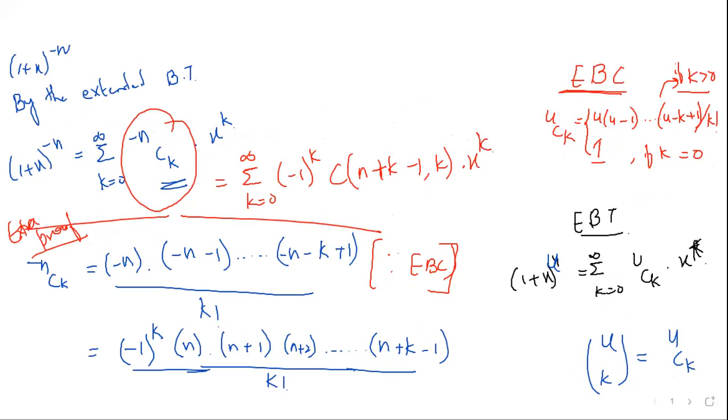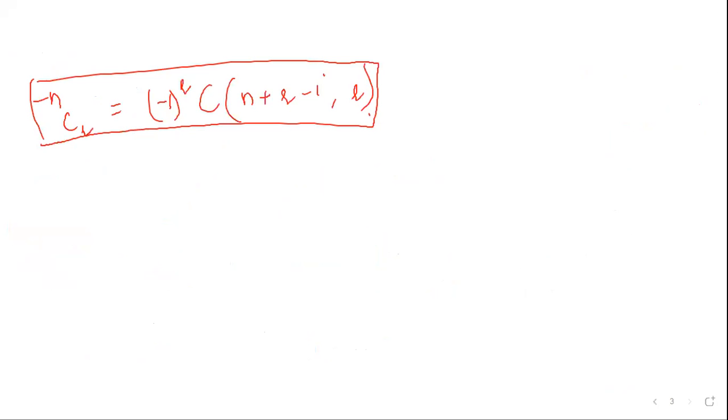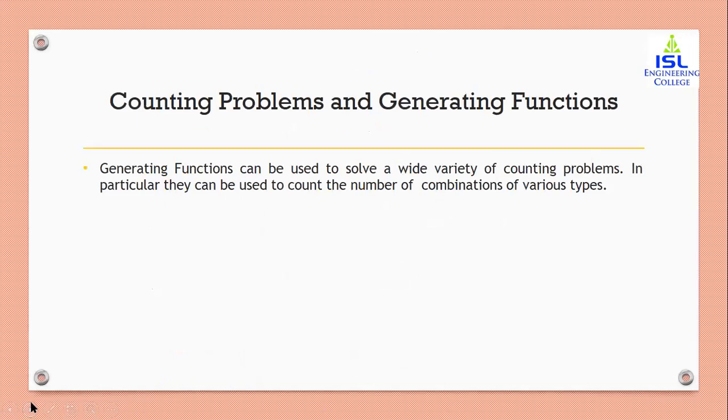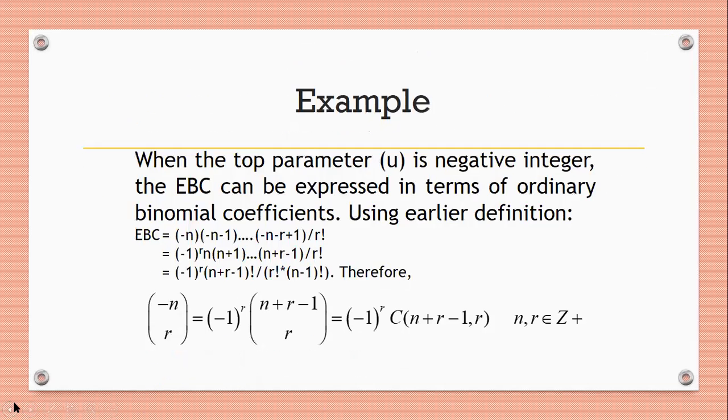Once again I am explaining this proof directly on your presentation. Let's see that. Over here, the extended binomial coefficient is minus nCr. Or even r can be replaced with k. Don't get confused. r can be replaced with k. You can take any variable over here apart from n and C.